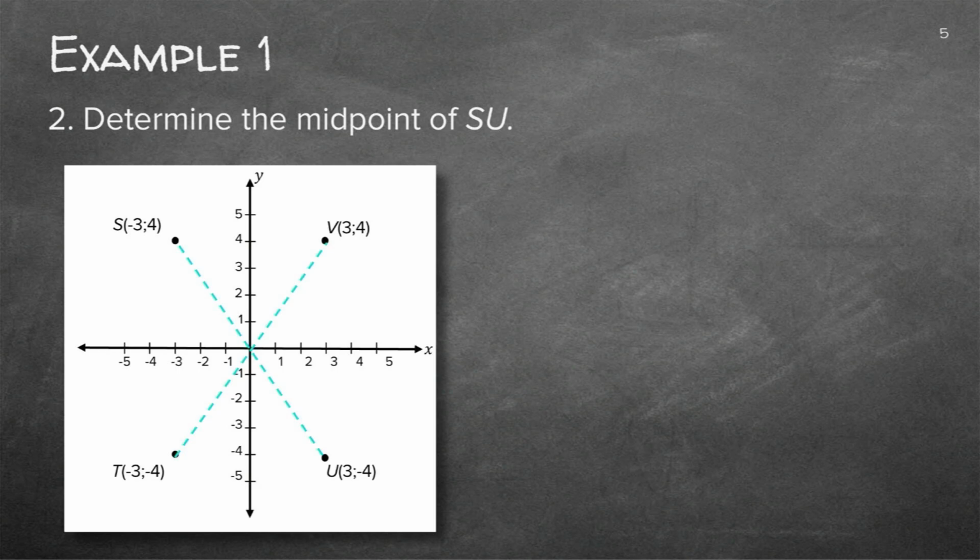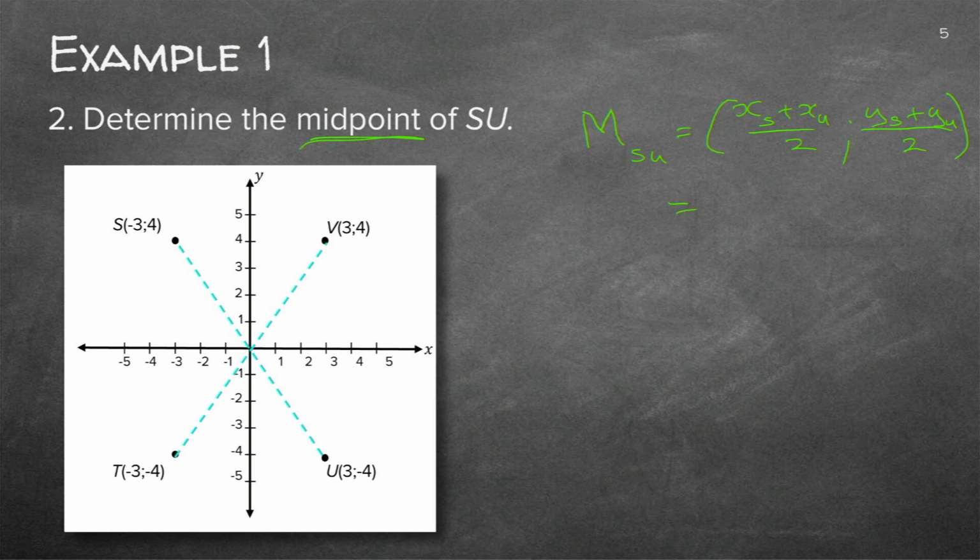Good. Now they want you to determine the midpoint. So we're still busy. There's a lot of subsections in example 1. Now they want you to find the midpoint of SU. Now, the SU is already drawn for you. Actually, you can see what the midpoint is. But remember, if they say determine, it means you must use a formula. Do you know a formula for midpoint? Yes, you do. Capital letter M, the midpoint of SU is equal to x of S plus x of U over 2. The same with the y's, y of S plus y of U over 2.